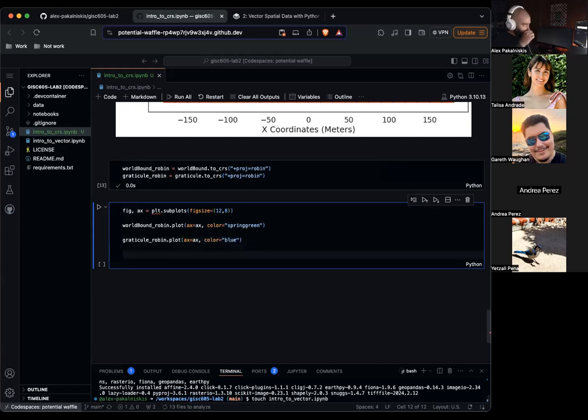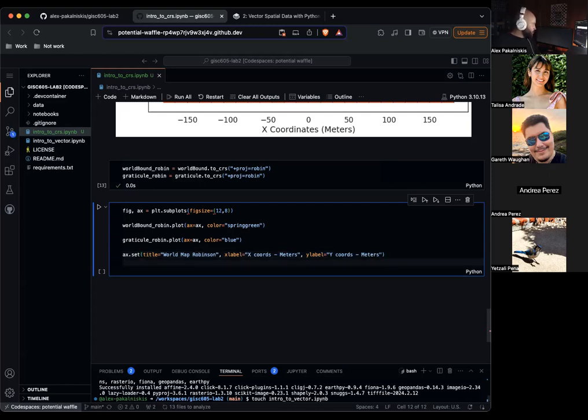Okay, now let's set some titles. ax.set_title equals world map, Robinson. X label equals x coords, meters. Y label equals y coords, meters.